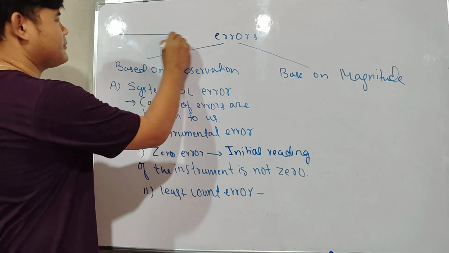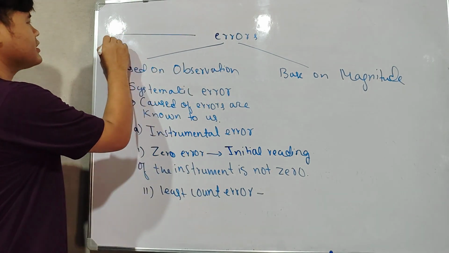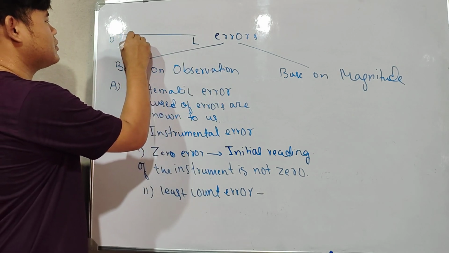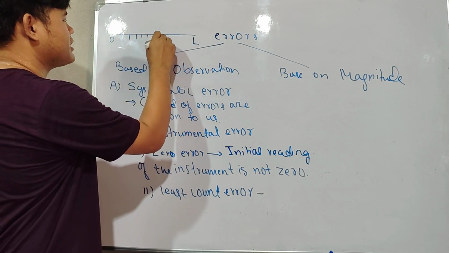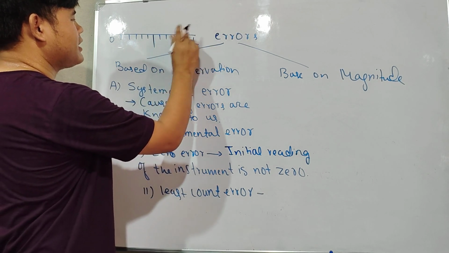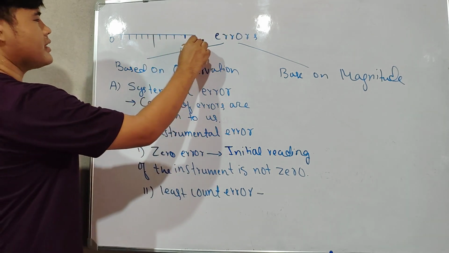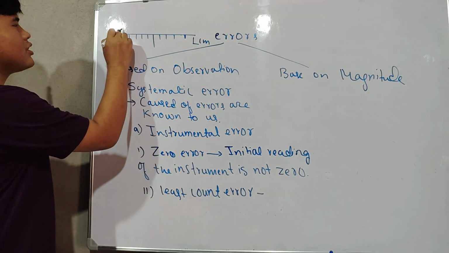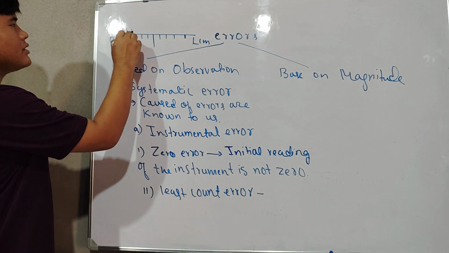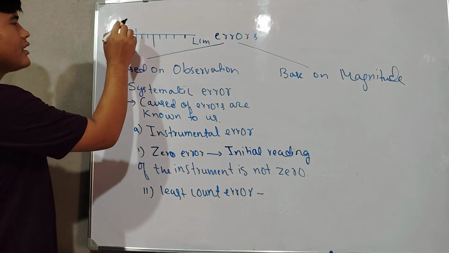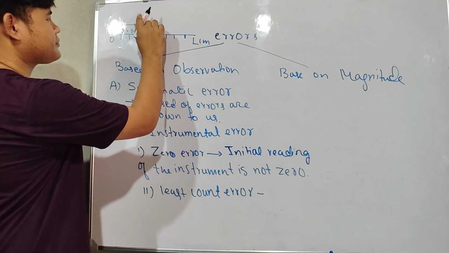Suppose this is our scale, and this one is 0 to 1. Here we have 1, 2, 3, 4, 5, 6, 7, 8, 9, after that 10. Suppose this one is a centimeter, and from here to here is 0.1, 0.1. So these are all 0.1 centimeter. So if the length is up to here,